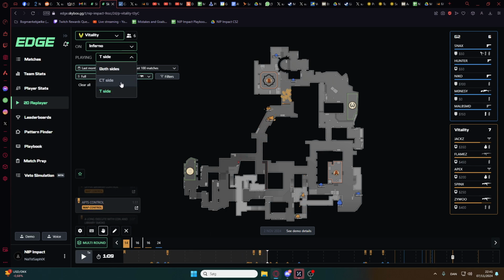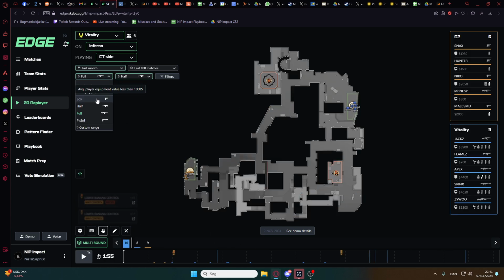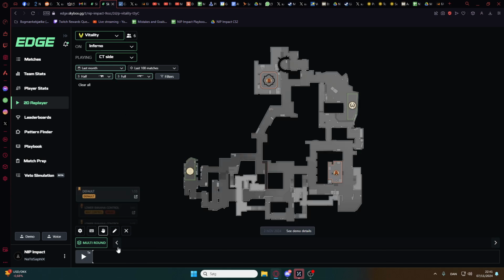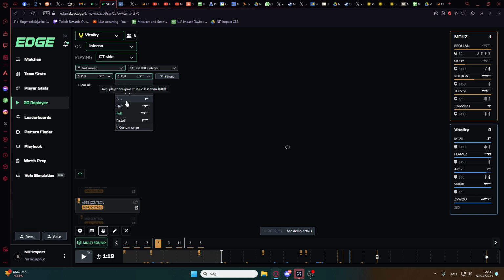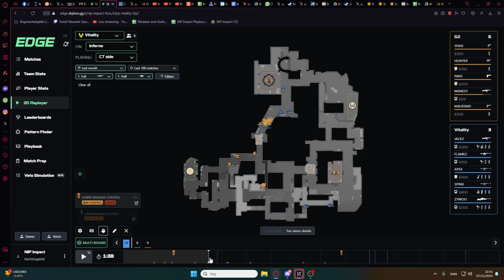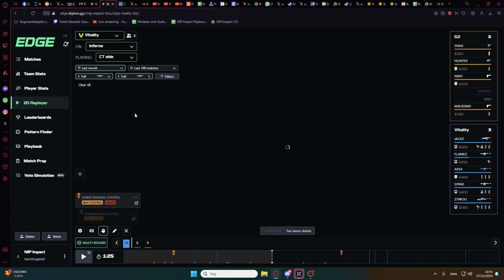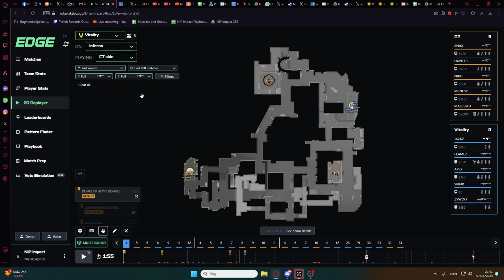Then afterwards, I will do the same just on CT side. I will go half buy versus full buy, check their force buys, and so on. Then I will go full buy versus half buy, and so on. And then at the end, I will go each side and I will go full buy versus full buy. And I will look for